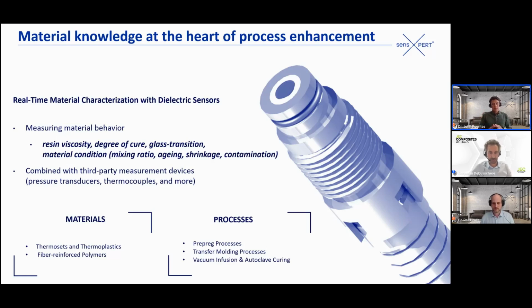Just to wrap up this, we have a sensor that is designed for the manufacturing environment. It's been tested, as you can see here, for several materials, a wide range of thermosets. And for most of you here, we are covering composites, right? Which is like woven fiber. Then within the processes, we are familiar with prepregs, prepreg processes, transfer molding, all the variations of transfer molding, and any vacuum infusion as well,